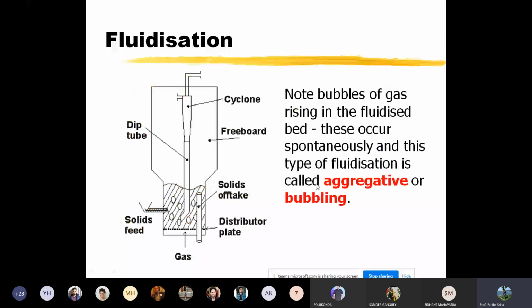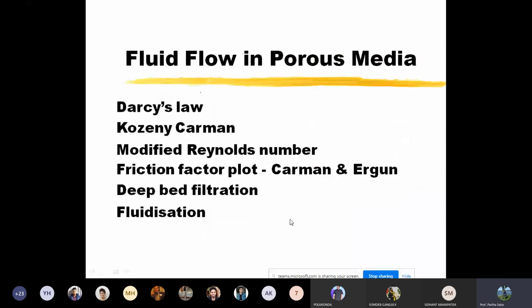This is what I just discussed, the cyclone separator, which is used to collect fine particles on an industrial scale. I think a couple of students in Tata Steel are doing the same project, collection of fine particles. If you are interested, this actually happens by bubbling or aggregation phenomena. The fine particles suspended move towards the surface and are then collected using a cyclone separator. So I think these are the basic equations. You read this slide.